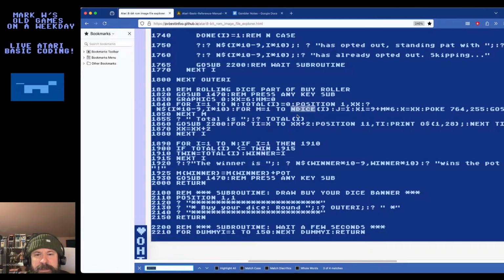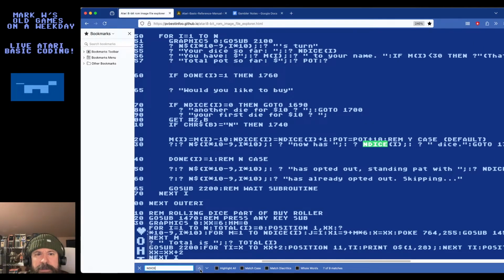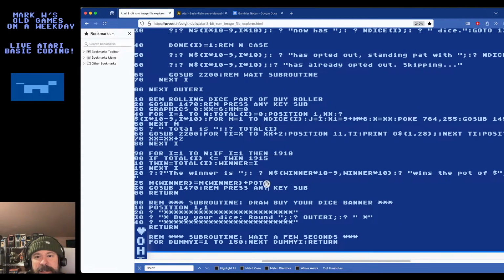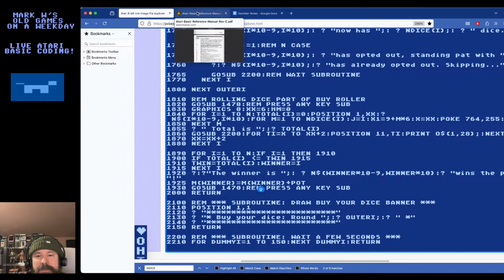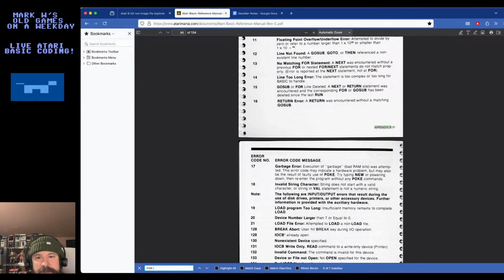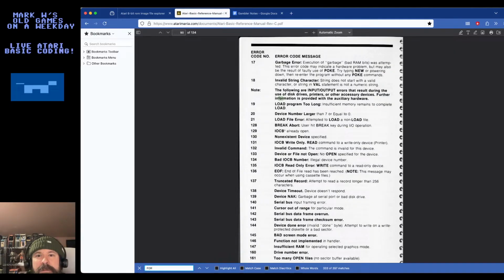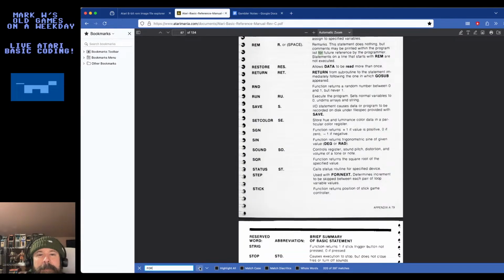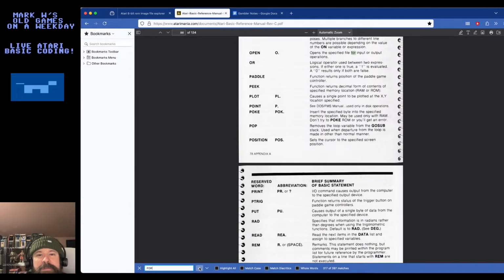So maybe my end dice initialization is wrong. No, it's right here. It should be good. So I'm not really getting the logic. Yeah, I'll have to construct a separate test case to observe how for loops work in that case. Actually, I could look here. Maybe it'll tell me in the manual. I don't know. I do have to get my butt to bed soon, though. All right. Oh, here we go. We're actually on the right track. I could probably find it quickly.